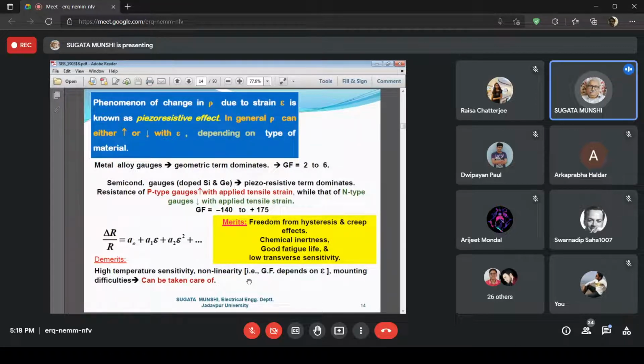In case of metal alloy gauges, the gauge factor, what I have defined as the gauge factor, is a constant. But here, the relation between delta R by R and mechanical strain epsilon is not linear. Delta R by R is not proportional to epsilon. It is a highly nonlinear characteristic. So gauge factor doesn't have a constant value. It has different values for different epsilon. All right, that is the problem with semiconductor gauges, but its main importance is it has a very high sensitivity, very high.